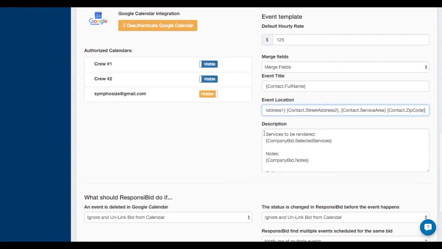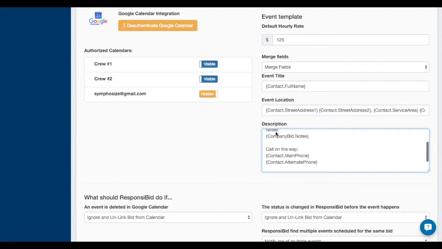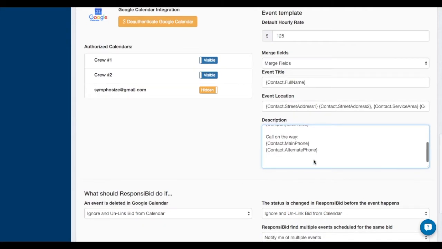And then it has a description in the actual calendar event. So we typed out services to be rendered and then actually used a merge field to show the services to be rendered. Again, we did the same thing for notes and then for the phone numbers, the main and alternate phone number. Now there is one thing some people might want, which is to be able to get to the ResponsiBid contact. So I'm going to put in here,